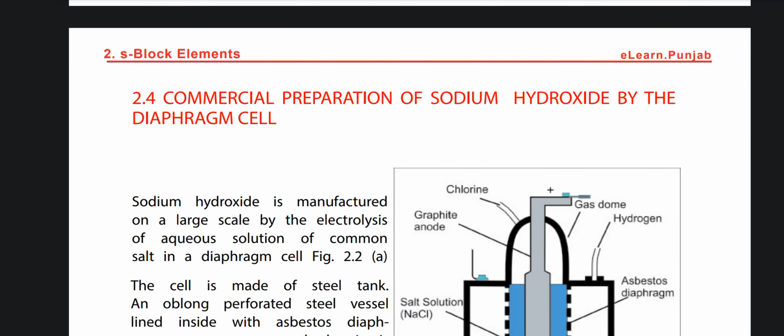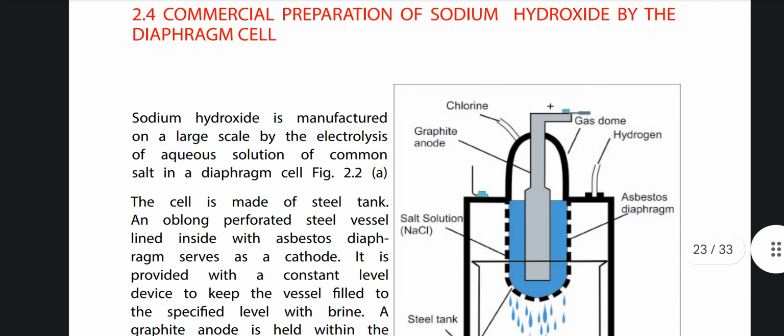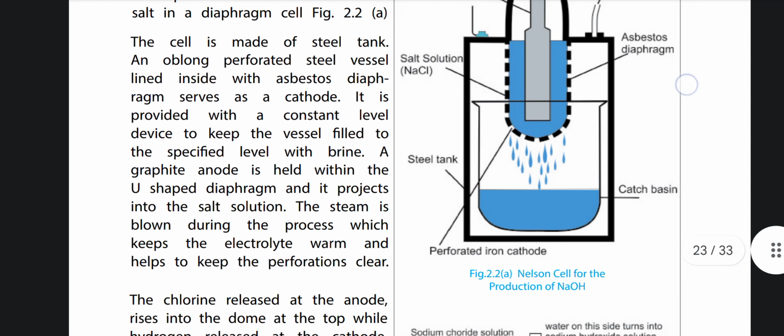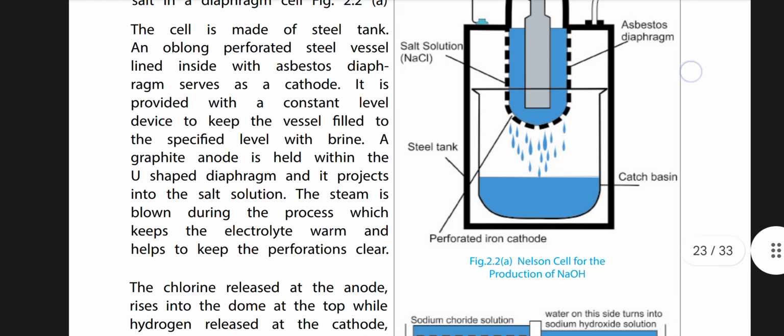Now we'll start 2.4, commercial preparation of sodium hydroxide by the diaphragm cell. This is new for us, a new concept. Sodium hydroxide is manufactured on a large scale by the electrolysis of aqueous solution of common salt in a diaphragm cell. As we can see in figure 2.2, Nelson's cell for the production of NaOH